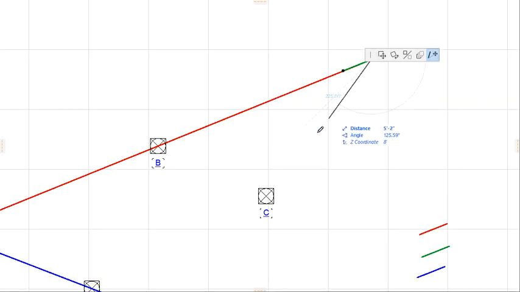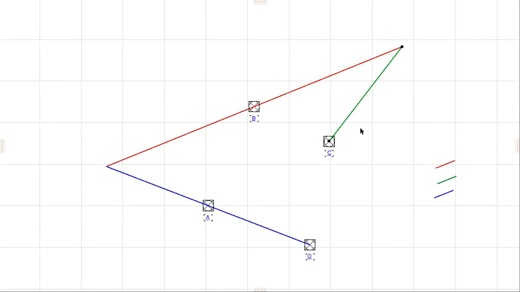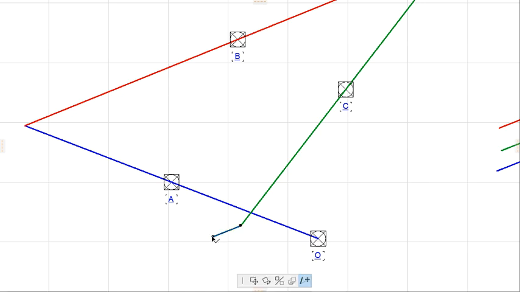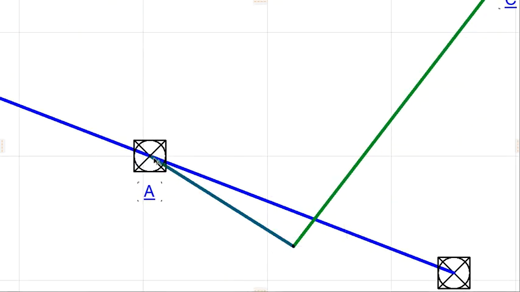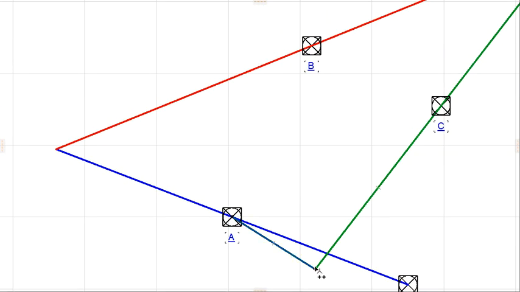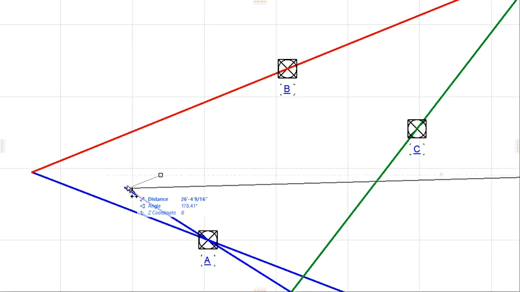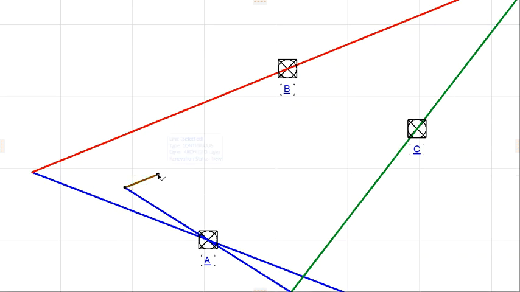Let me see if I can make a different color here. So you go from there to point C, you make a copy of that line segment, and you end up somewhere, and I'll go back to the color blue. You go to the end of that line segment, and you go back to point A, and then you make a copy of that line segment, and wherever that line segment ends up, you start another line, and you go to point B,